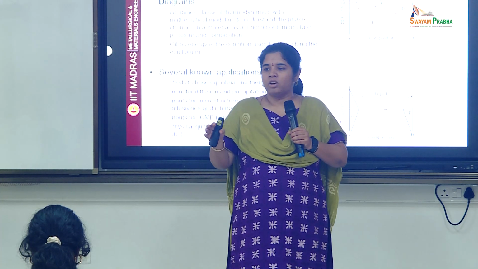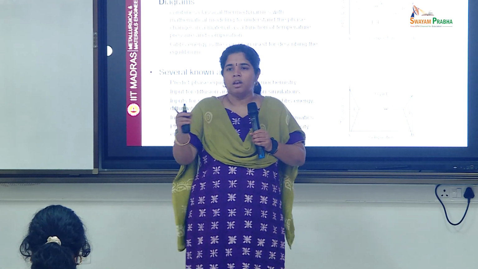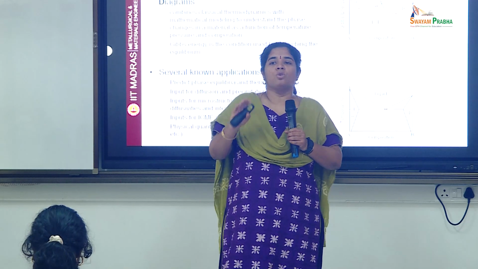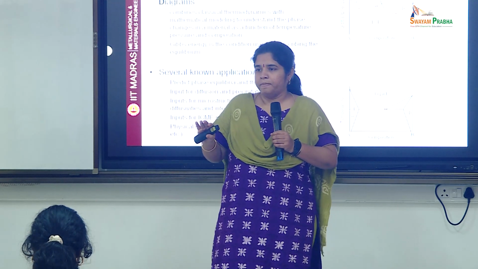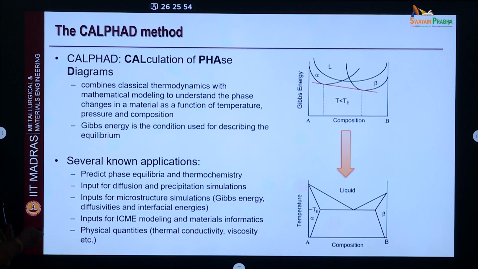Unlike the reaction equilibrium, where forward is equal to backward, in the phase case it is the last state after which no phase transformation happens. That is equilibrium. Now we are going to define this phase equilibrium using the Gibbs energy, which is nothing but the condition for equilibrium. Enthalpy, you might have heard of, and also entropy, right? Gibbs energy is enthalpy minus temperature times entropy. G is equal to H minus TS.